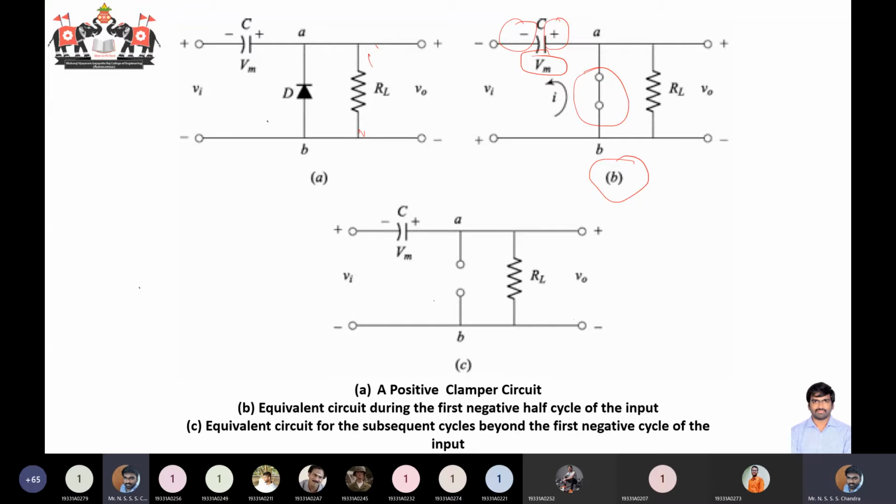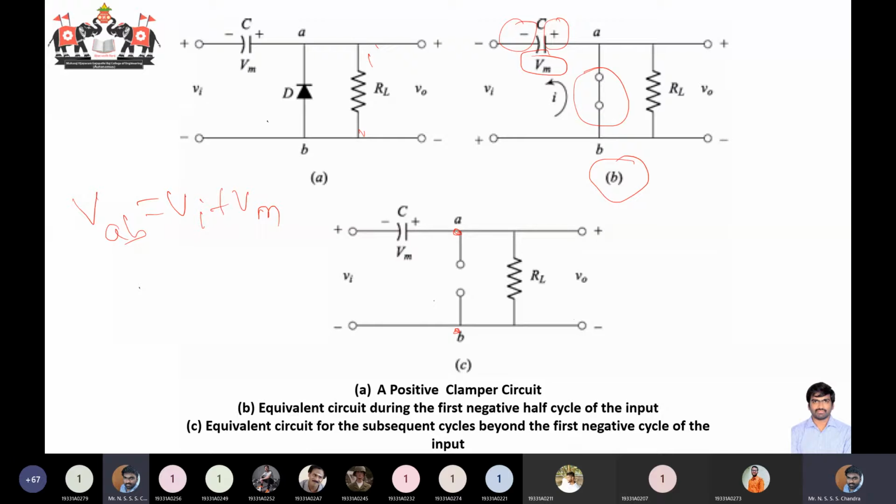Okay, why is it open? If you check the voltage across the terminals AB, VAB, what will be your VAB? Can anyone let me know? Please tell me. You can apply your KVL. You can tell me what is VAB. Okay, VAB is equal to Vi plus Vm, right? Because we are moving from the negative terminal to the positive terminal.